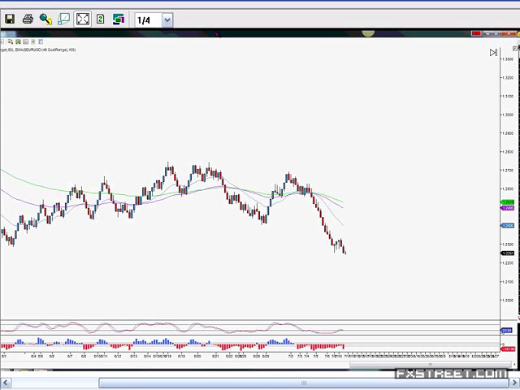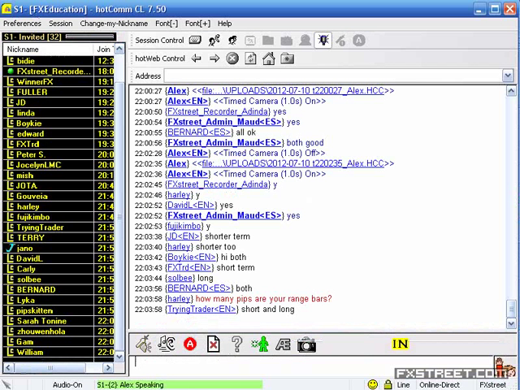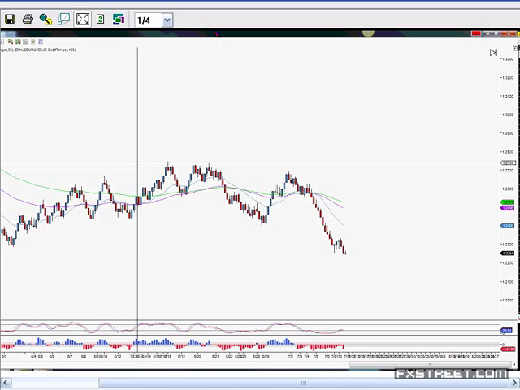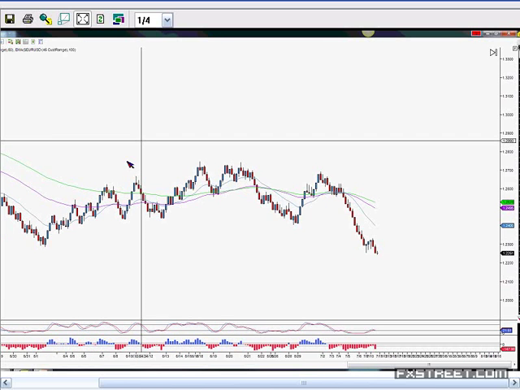So how many pips are the range bars? At the moment I've got the longer term charts on the 45 tick range chart. I used to have it on the 50, but the problem I was finding is that I wasn't getting a lot of price action with some of the less volatile pairs. 50 was quite a bit of movement to expect from them, so I just jumped down to the 45. As you know, I'm not like a scientist the way I go about these things. I'm very much a visual person, so if the chart looks aesthetically pleasing, then we're good to go with it. And these charts have been working out so far, so we'll continue.